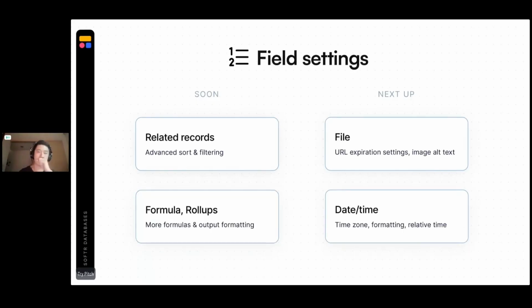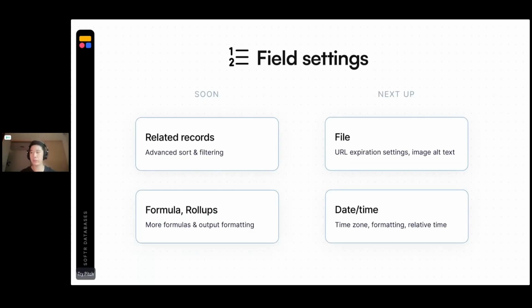And then we're also improving some of the field settings to improve the power of fields inside Softr database. A lot of people have already asked about things like file URL. So we will offer settings whether you want it to be publicly available or something that expires, like how Airtable and maybe Notion handles it. Those are options you can configure. And also things like datetime, formatting, time zone, relative time display are all coming up. You probably already see there's localization settings in the database that help you set some defaults. That's also going to work with datetime pretty soon.